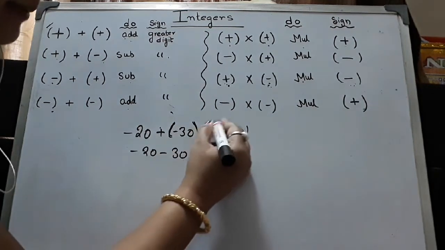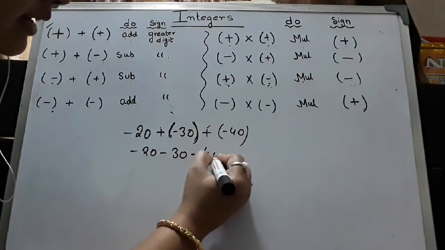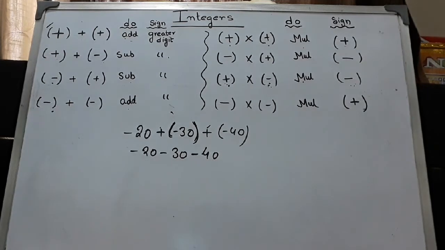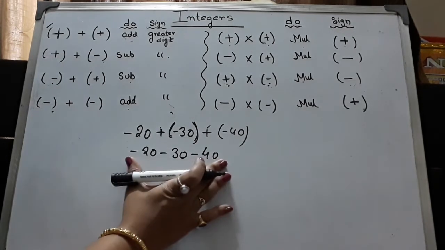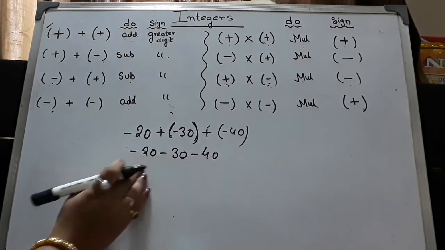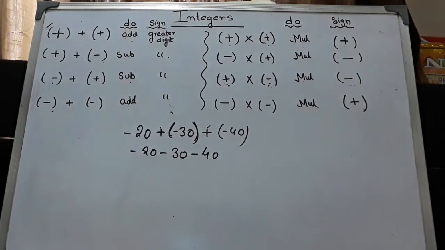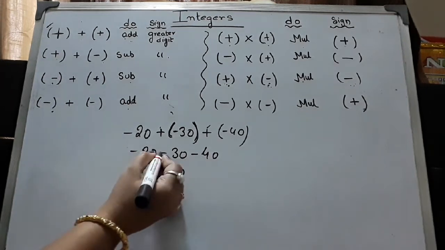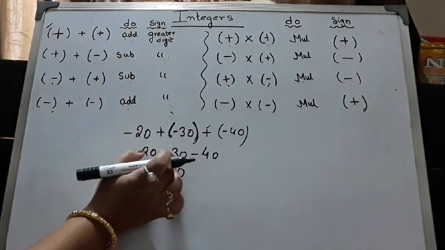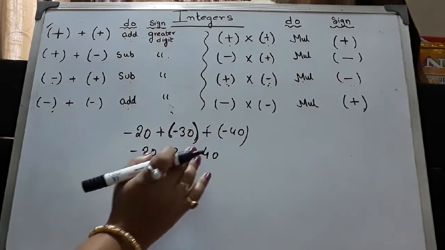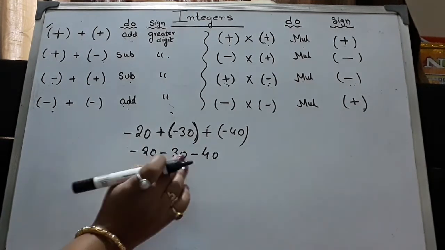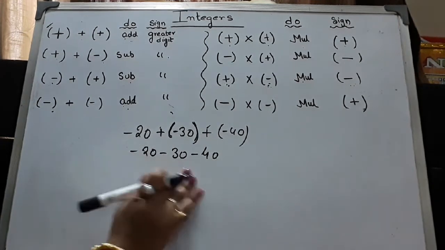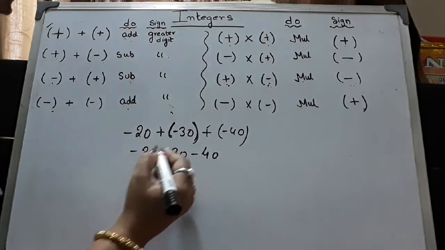You have to open the bracket. Plus into minus, minus sign. Like this you open it. Now all the signs are minus, so you can do it together. But there is one more rule. When all the signs are minus, you add all and put the minus sign. So 40, 70, 90. Because minus minus is plus. Again plus minus. So sign is there, minus minus, okay, but now let me solve it stepwise, then you will understand more.